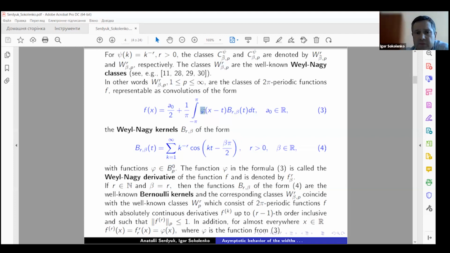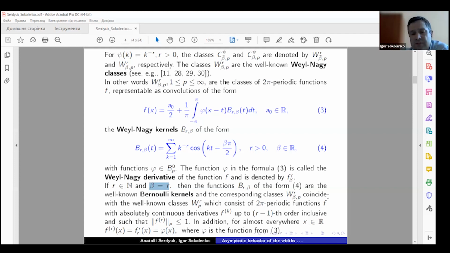The function phi in formula 3 is called the Weyl-Nagy derivative of the function f and is denoted by f^r_beta. If r is a positive integer and beta is equal to r, then the functions B_{r,beta} of form 4 are the well-known Bernoulli kernels,